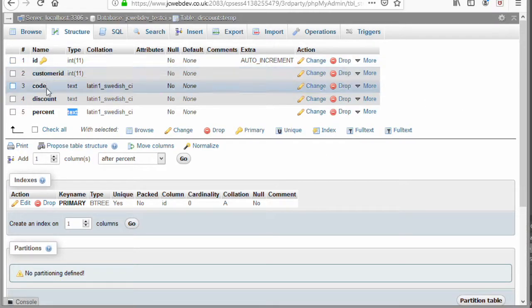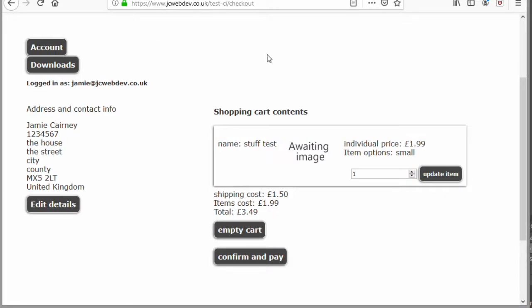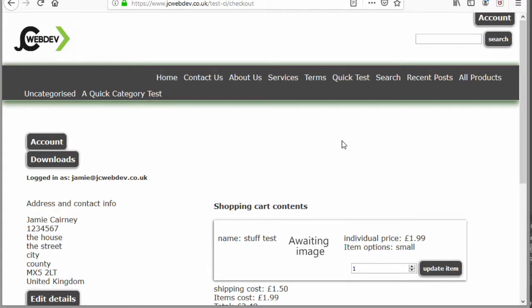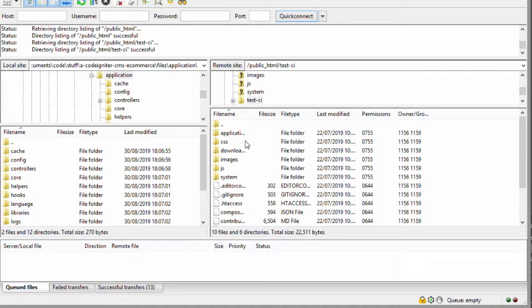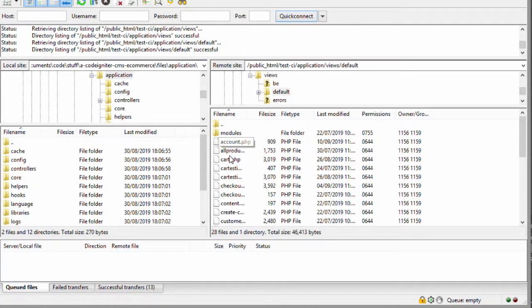So if we have these 5 columns here, if we add these to our database in a table called discounts temp, we can then start building a form on our front page that our customers can use to check their discount codes. So the very first thing we'll need is a form in this page right here. If we come into the root of our site here, and then into application, views, default, and if we open our